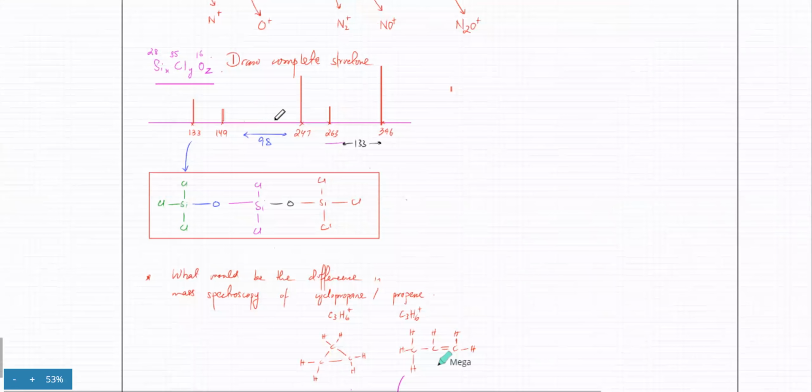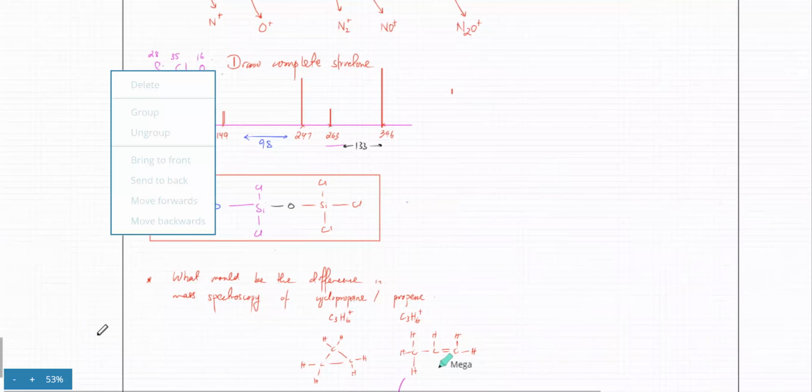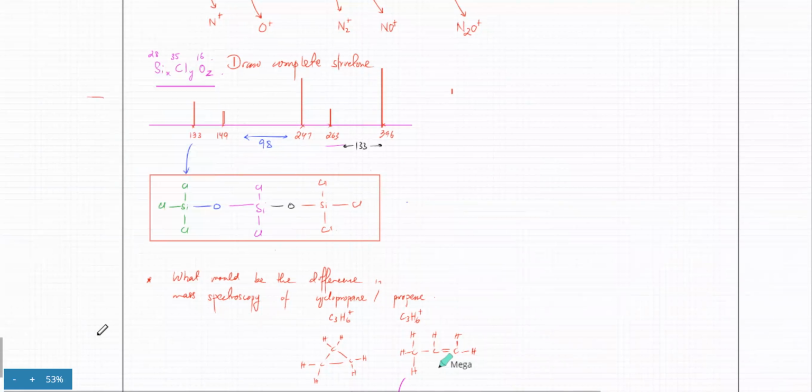It would be very hard to actually figure out the structure of the molecule by just looking at the mass spectroscopy. You might get things right, but in most cases, if it's a bigger and complicated molecule, the fragments are like a jigsaw puzzle, picking up the smaller pieces, trying to make the big molecule. So the bigger the molecule, the more difficult it's going to be, and at times it would be impossible. So mass spectroscopy gives you some information by looking at the structure of the molecule.